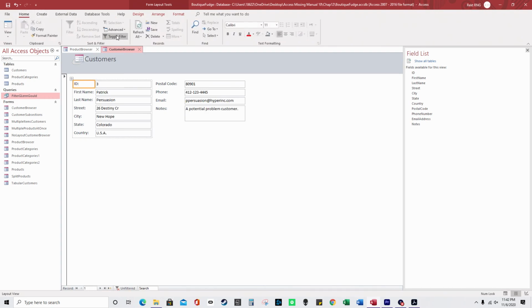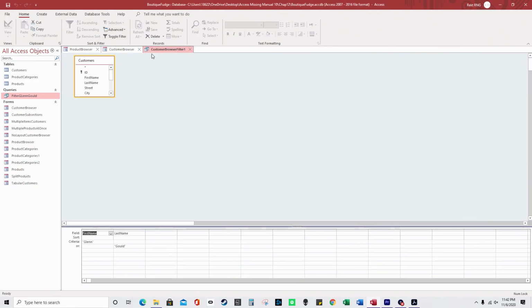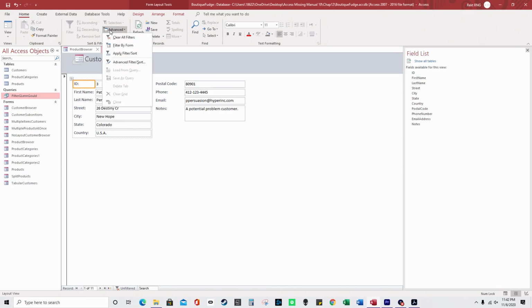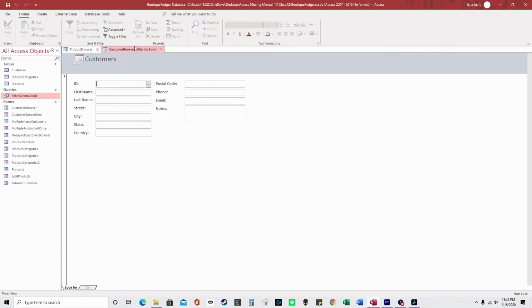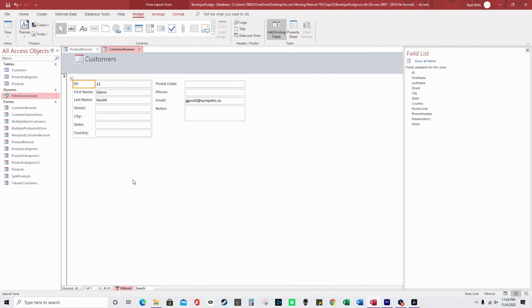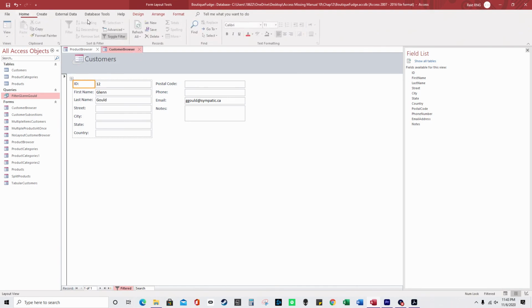Now I'm going to remove the filter again and do it again. So advanced, filter sort, apply filter sort, clear all filters, filter by form. All right, so what you do is you click advanced, filter by form, load from query, and then it loads the filter, and then you apply the filter, and that's how you can load a filter